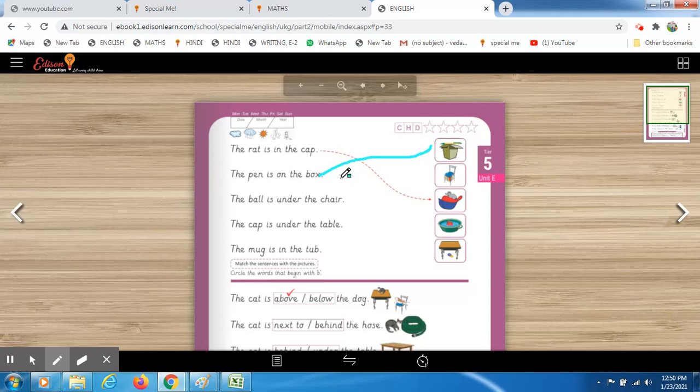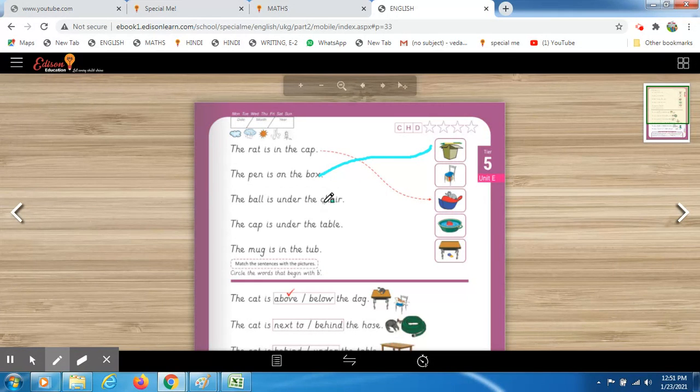Okay, read this sentence loudly, because again and again I am saying, if you make a habit to read loudly, so it will improve your reading skills. Okay students, so I know my all students are very good. Okay, but you just have to try again and again ताकि आप और efficient हो. ठीक है, चलो, next sentence is the ball is under the chair.